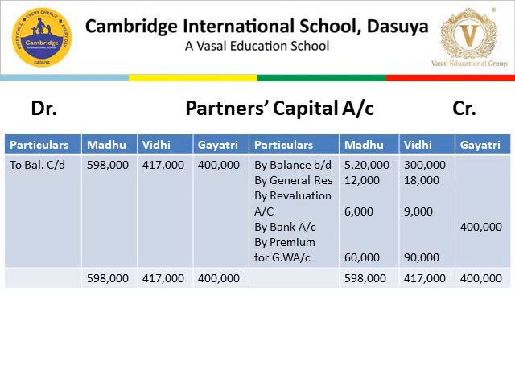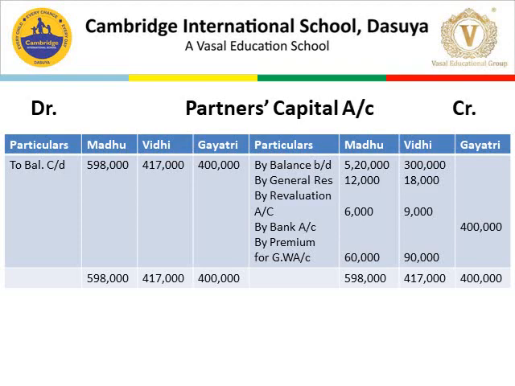Now if we see the revaluation account, in the revaluation account there was a profit, so the profit is transferred to the partners' capital accounts, 6,000 and 9,000 to Madhu's and Vidhi's accounts. Now the incoming partner, who is Gayatri, when she entered the firm, she brought capital and premium amount of 4 lakh. So that is in cash. So by bank, Gayatri's capital is 4 lakh now. By premium for goodwill, 60,000 and 90,000. This is given in the sacrificing ratio to Madhu's and Vidhi's capital accounts.